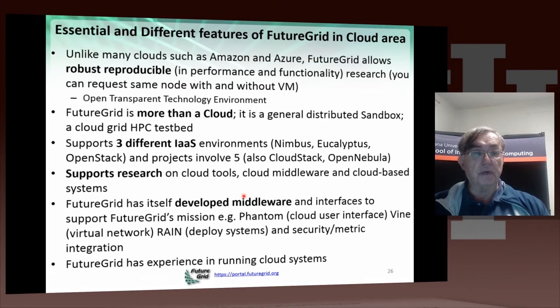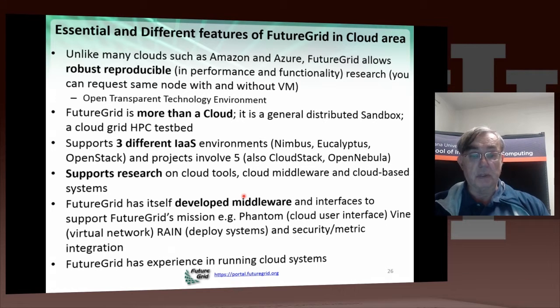Another difference between FutureGrid and those commercial clouds is that it's actually a general distributed sandbox. It supports clouds and grids and HPC. We also have multiple infrastructure as a service environments, Nimbus, Eucalyptus, and OpenStack supported, and another two, CloudStack and OpenNebula, available through projects. We support not just production, but research on new tools, new middleware,